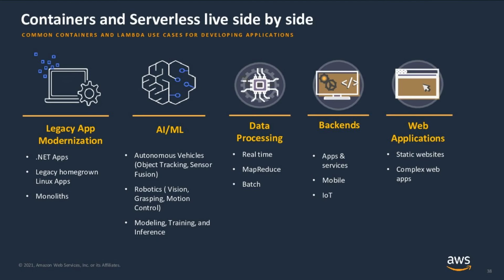Let's look at some additional use cases that we see customers building with containers and serverless, ranging from legacy app modernization and refactoring monolith applications. Customers who have a legacy app, we see them typically leveraging containers for a migration path, while some other customers choose to completely refactor their legacy applications and go with Lambda, Fargate, and event-driven architectures. In the AI/ML space, we see use cases around autonomous vehicles, robotics, and healthcare, such as medical processing. Typically, these are time and process intensive and handled by container services.